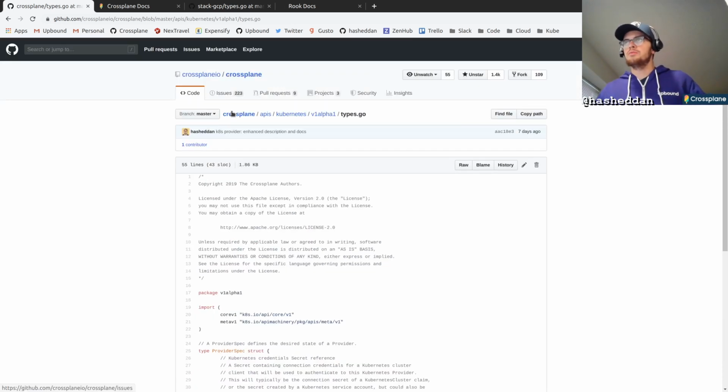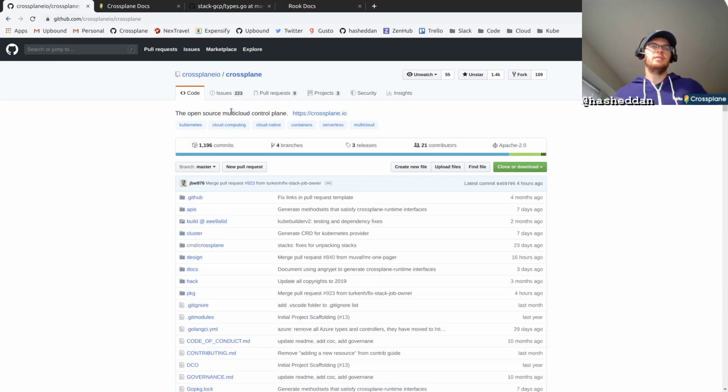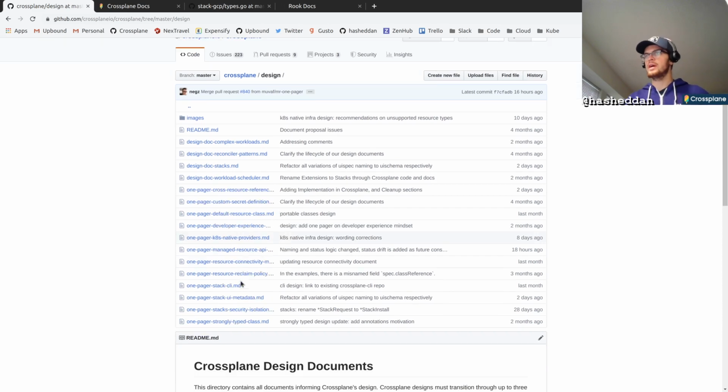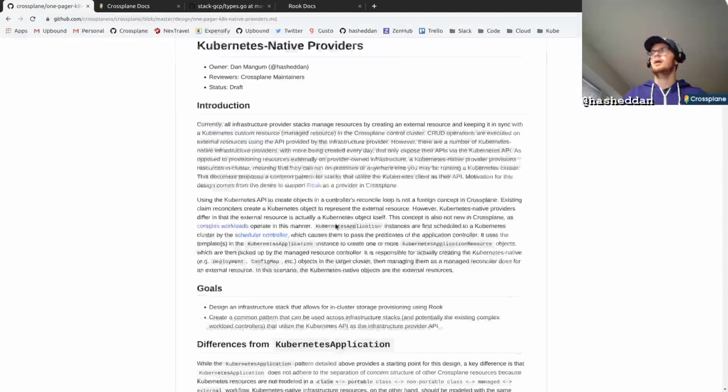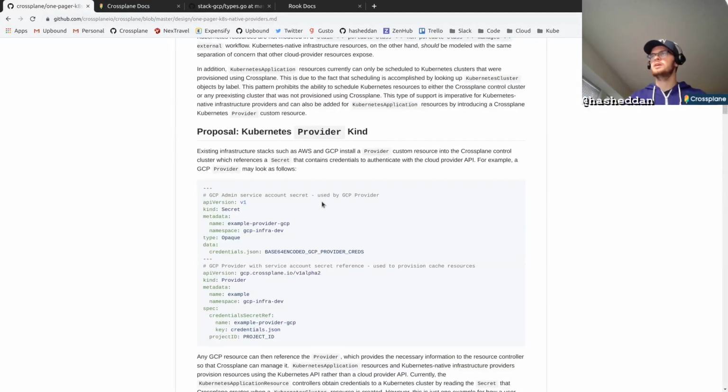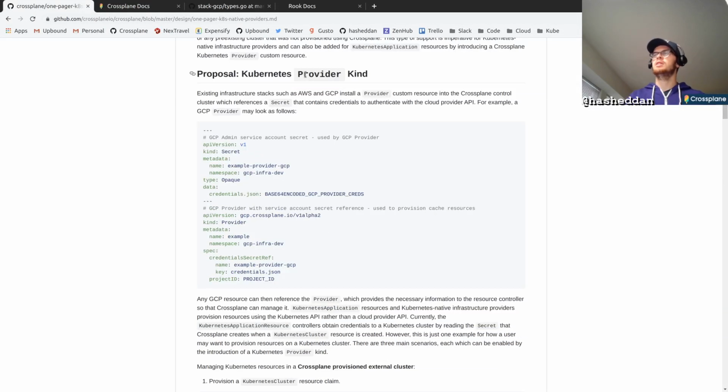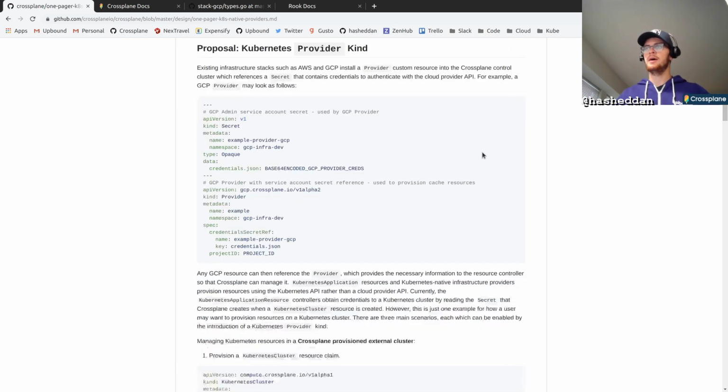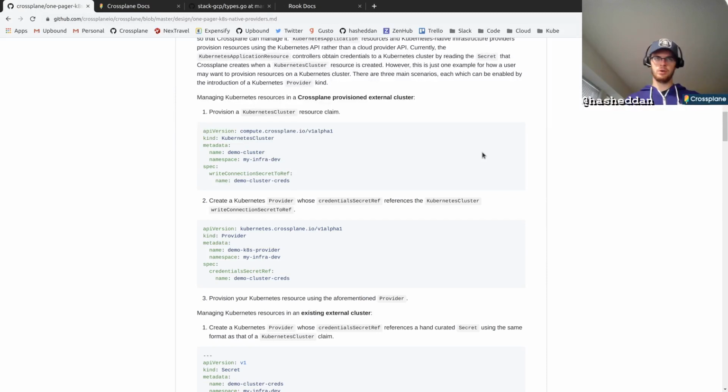If you want to read a little bit more about this and the design around it, once again, you can go to the design directory, and this one-pager, the Kate's native providers document. This is where it talks about the Kubernetes provider kind. Also, in the show notes below in the YouTube stream, there should be a link directly to this. And the important thing that this enables